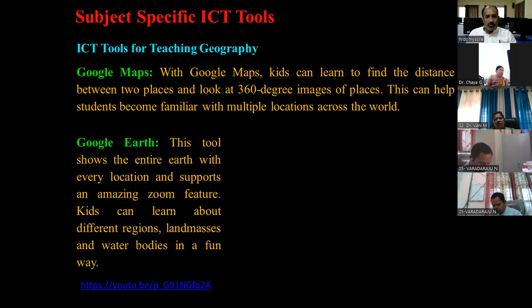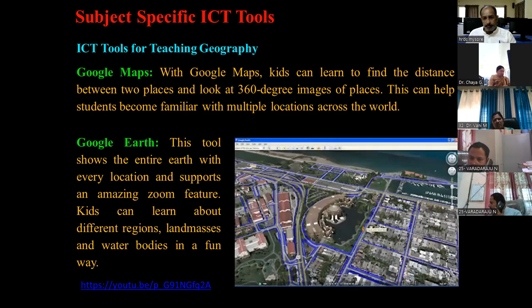And another one is called the Google Earth. Many of you have heard about it, and some of you even have explored it. This tool shows the entire Earth with every location and supports an amazing zoom feature. Kids can learn about different regions, land masses, and water bodies in a fun way. Look at here. This is a Google Earth image. You can see and identify the places, and you can know much more about the geographical landscape of a particular area.